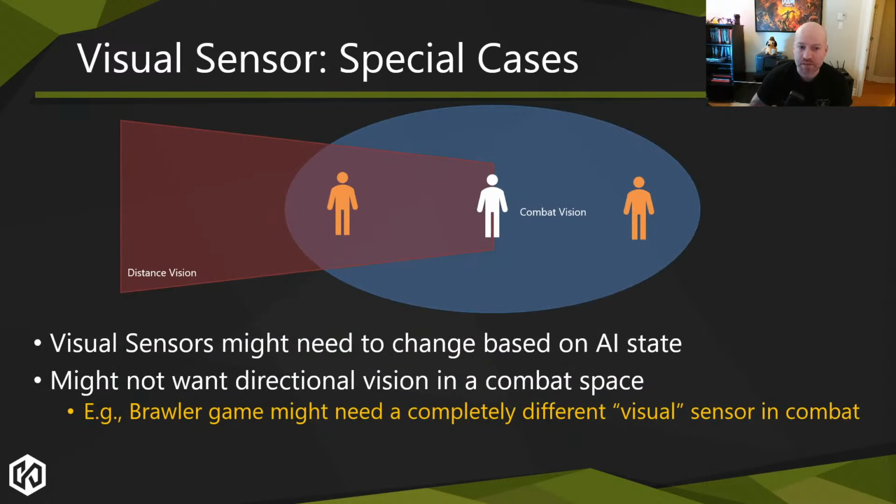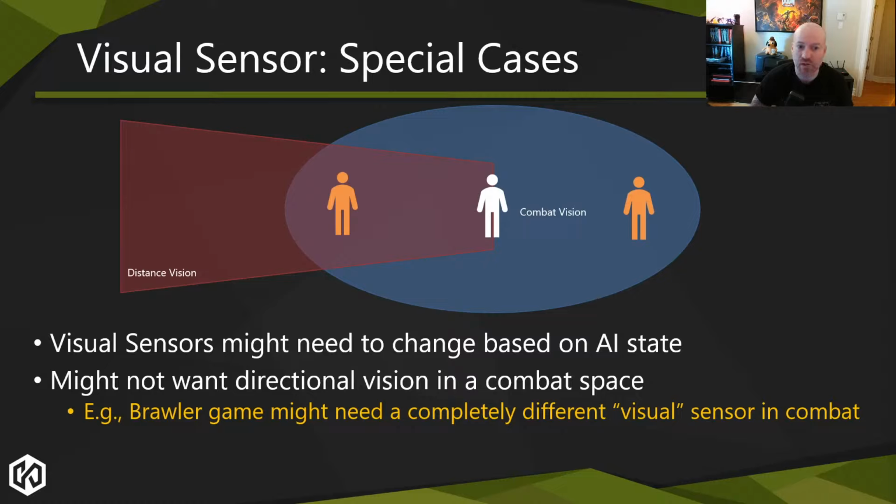But when you start a fight, you don't want them to lose sight of you as soon as you cross that threshold or go a little bit outside of their sensor shapes. Or even worse, some combat animations might put the head in weird locations or put the chest in a weird orientation. And usually those vision cones are either tied to the chest, which is generally a more stable direction, or they're tied to the head, which in combat will be flicking around everywhere. And so you're going to constantly lose sight of your enemies.